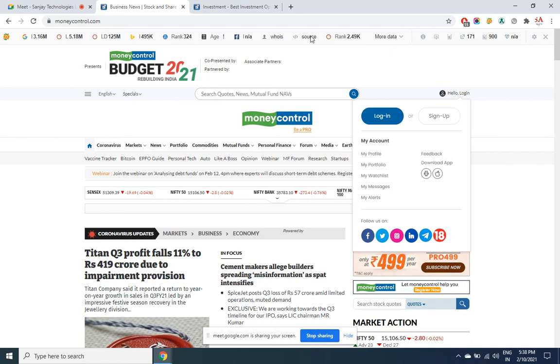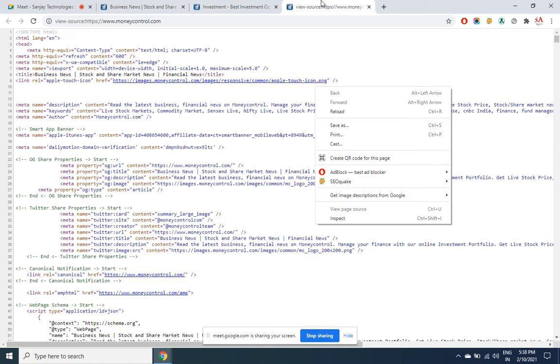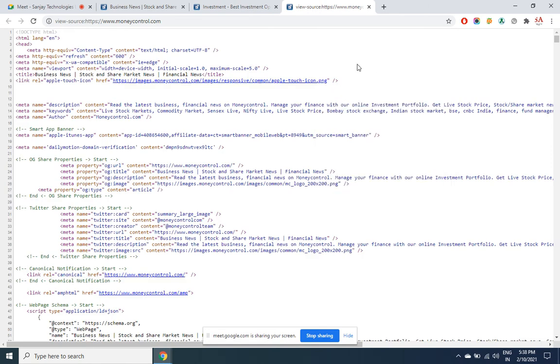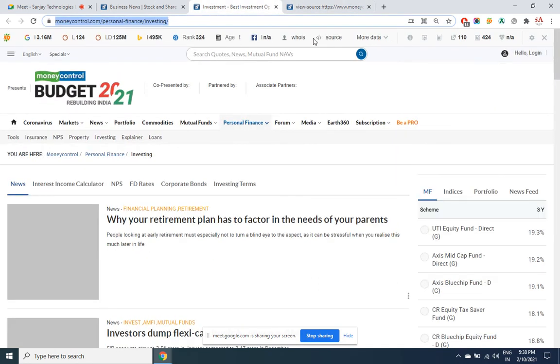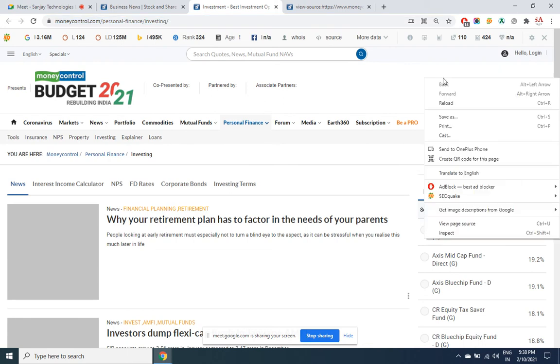Then you have the source, which will give you the source code. Same thing as what we do: right click, view page source. So you get to know very easily what keyword your competitor is targeting in the title tag, description tag, keywords tag, all this we have discussed. Even otherwise we can check it by doing a right click. So this is not of that much significance. We can check it like this also.